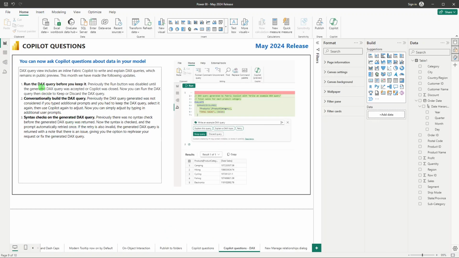And so that particular DAX, different options we have here is that you can run the DAX query before you keep it. Means what? Instead of applying it first into our visualization, in this particular mode, you can run it and you can see how the results are looking like, right? So you can